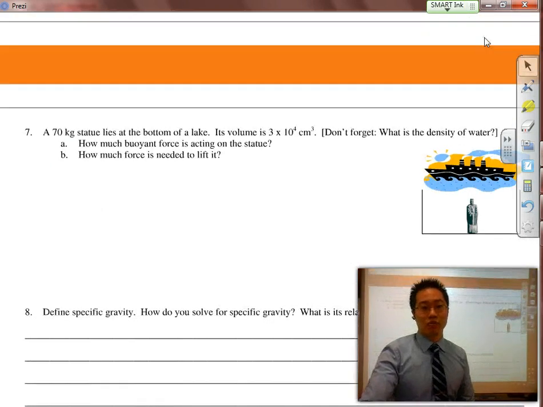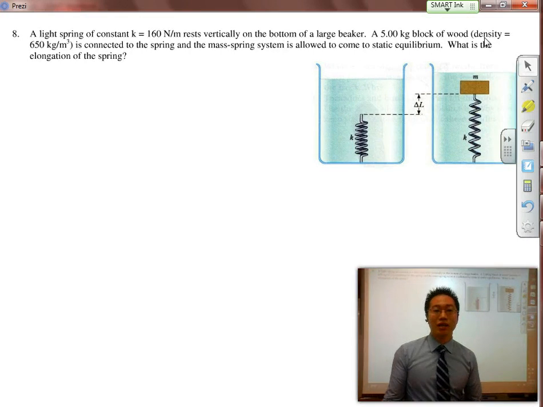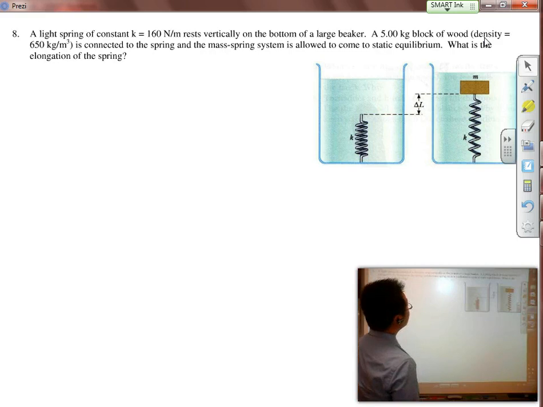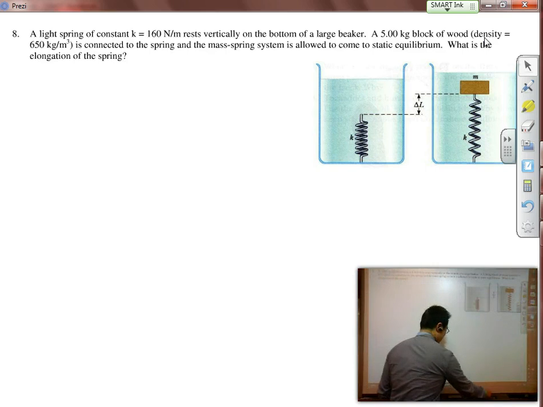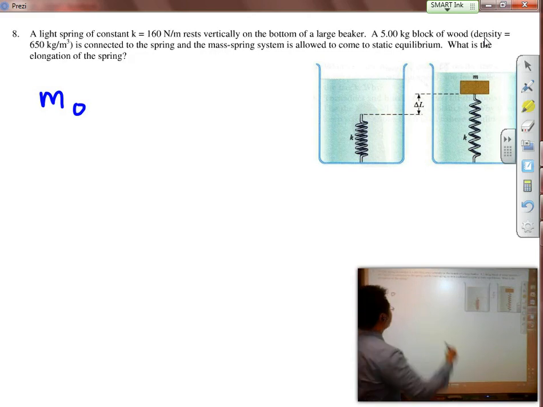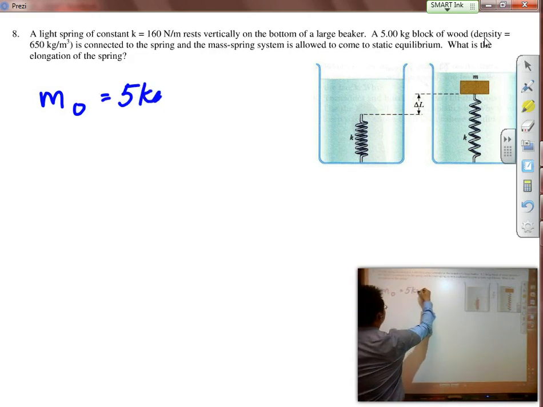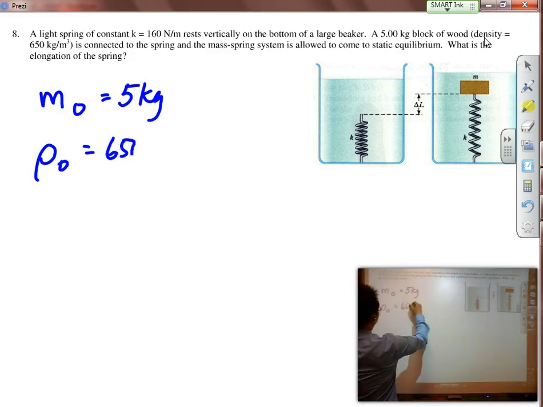We'll take a look at one more example problem. This is later in the packet, where we have a block attached to a spring. The block of wood has a density of 650 kilograms per meter cubed, and there's a lot of information missing here, but let's list it out first. The mass of the object, I'll write MO as opposed to M, because it's the object itself, is equal to 5 kilograms. The density of the object, as opposed to the fluid or the water itself, would be 650